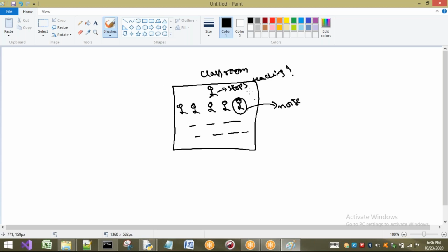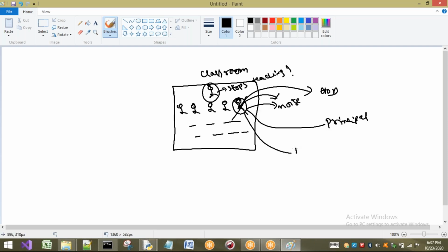The reason is, except this one, the remaining all are good. So what will he do? He has to handle this student. In which way? Either he has to give a punishment to this person, or he can send this person outside, or he can send him to the HOD, or he may send him to the principal, or he may tell him to call their parents.